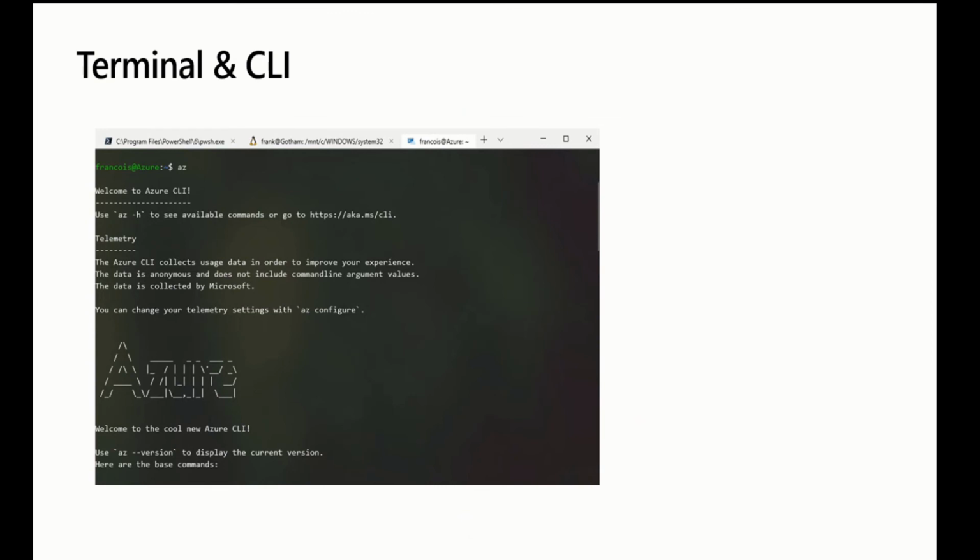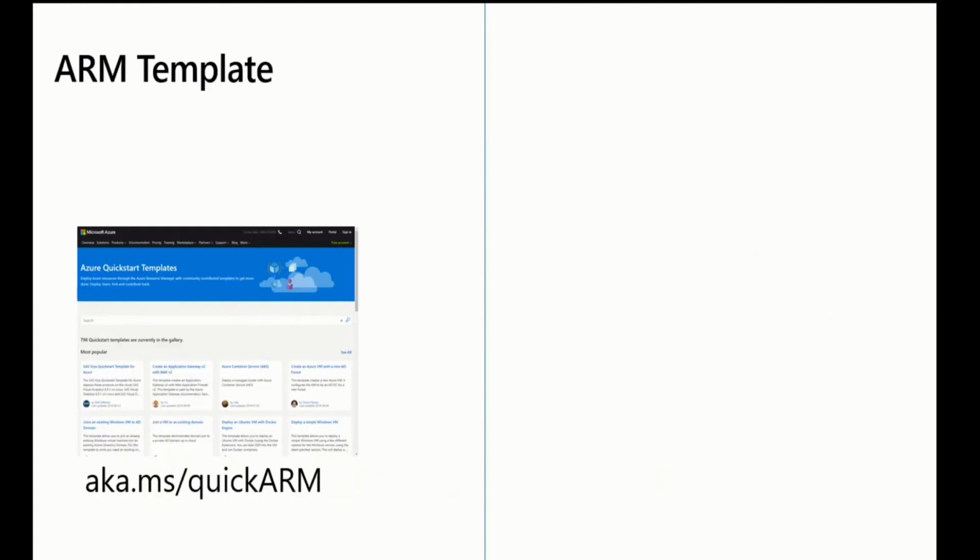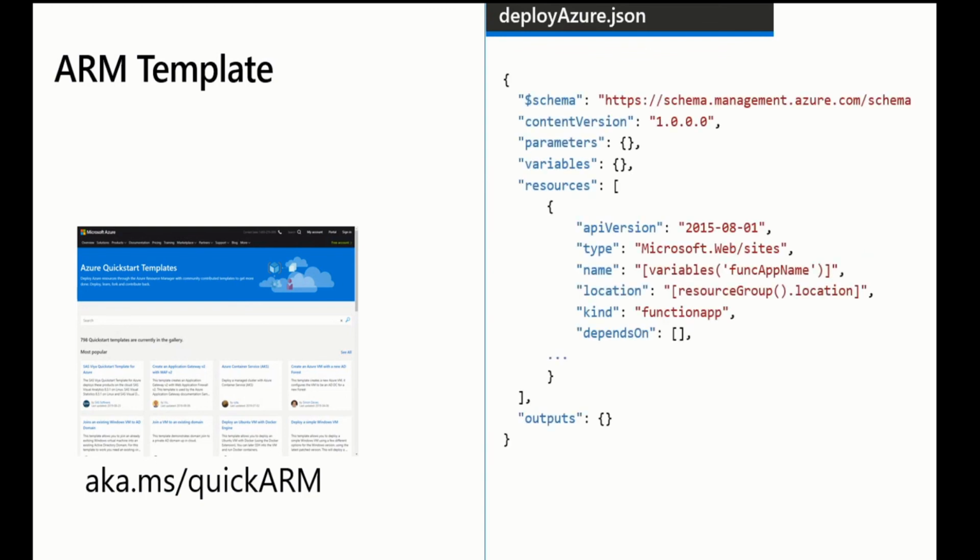So with CLI and Azure templates, the Cloud Shell, Azure CLI, PowerShell, you can go and set these up. There's also ARM templates that you can utilize to create these different infrastructures. But the whole idea from the session was to show you quick bits. I know I'm running out of time, but to show you that instead of having things like just an app